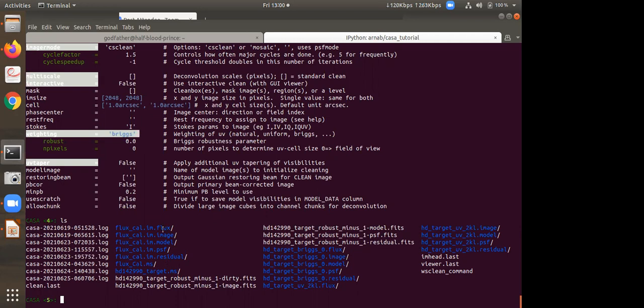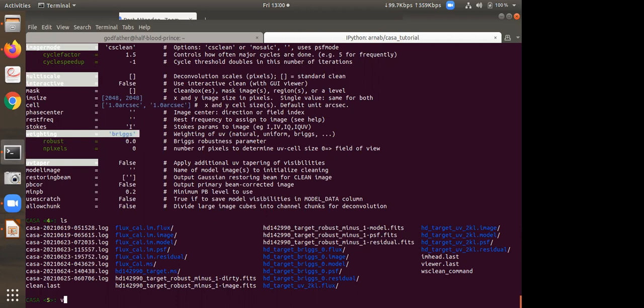Flux basically gives you the flux. Image is your original image, which I showed you before, which also Bornali showed you, and Preetha also showed you. Model is the model image, which I showed you in the self calibration loop. PSF is the PSF image, that I also showed you before. And residual is what is left after the clean happened. So this is the flux scale, and this is the target with the Briggs weighting, the same thing.